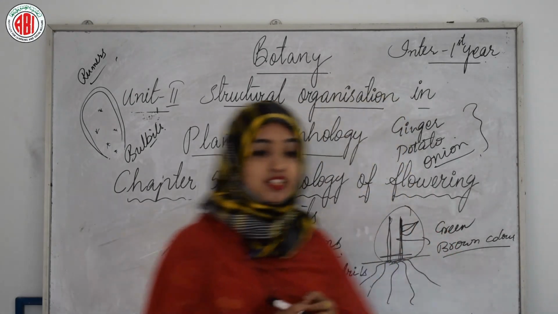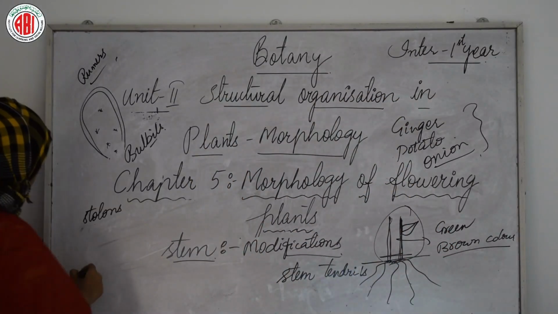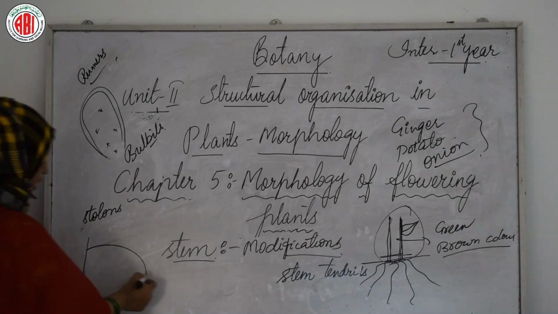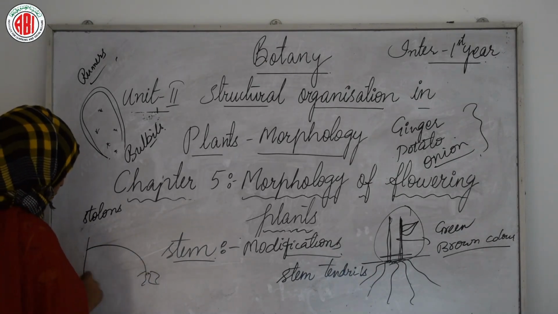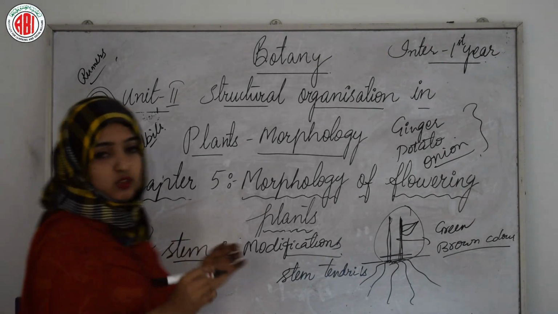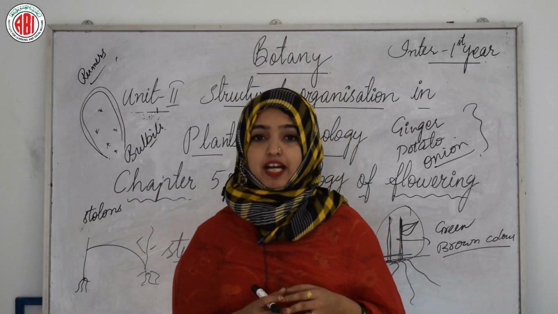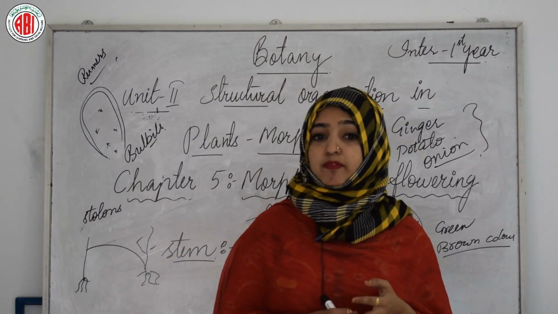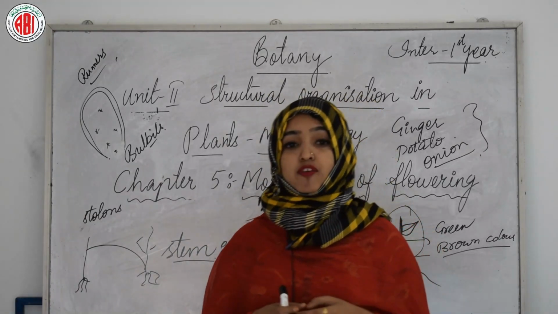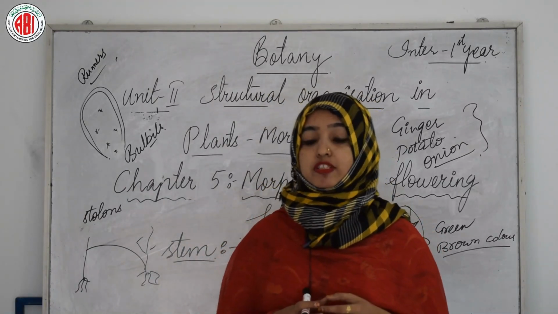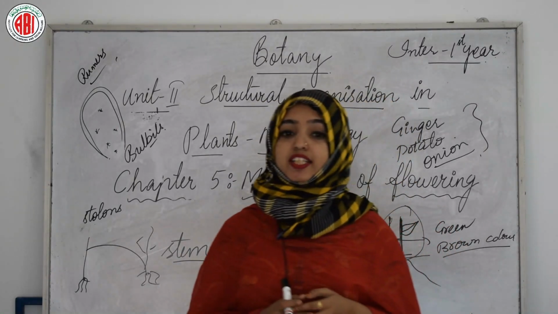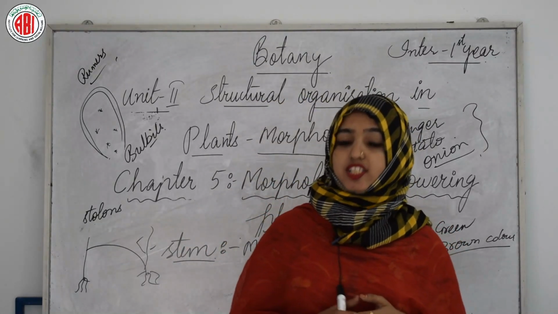So what will happen actually? In stolons, the stem bends towards the surface of the soil, and from here adventitious roots start growing and give rise to a new plant. So this kind of stem modification can be termed stolons. And in some aquatic plants like Pistia and Eichhornia, the best example you can take, a lateral branch of one internode length called an offset, which bears a rosette of leaves at each node, and a tuft of balancing roots arising from the base of the discoid stem, is found.